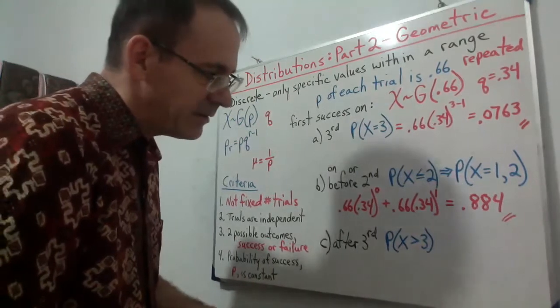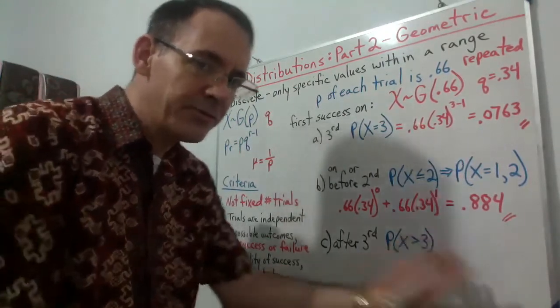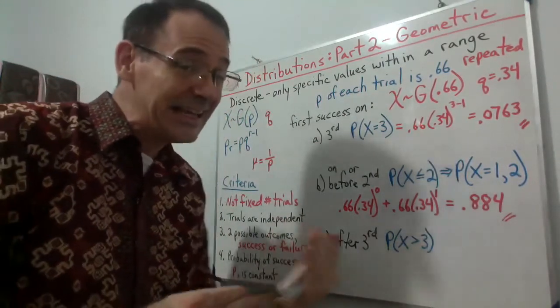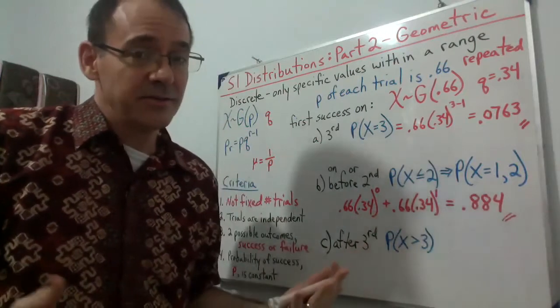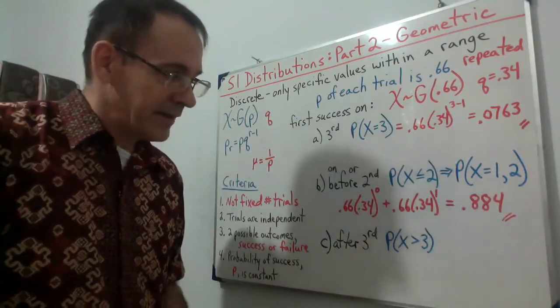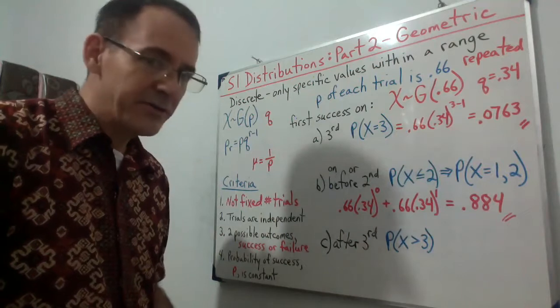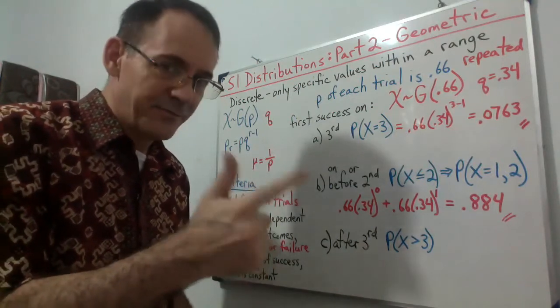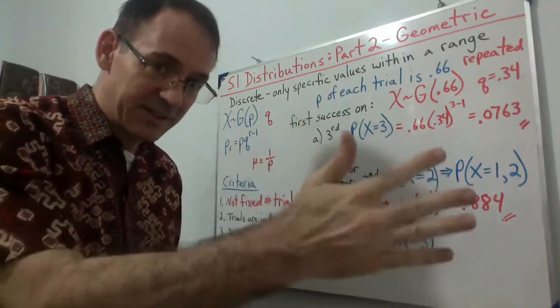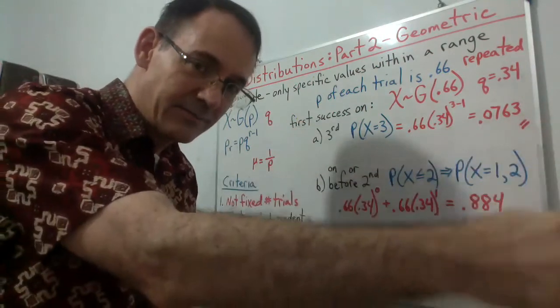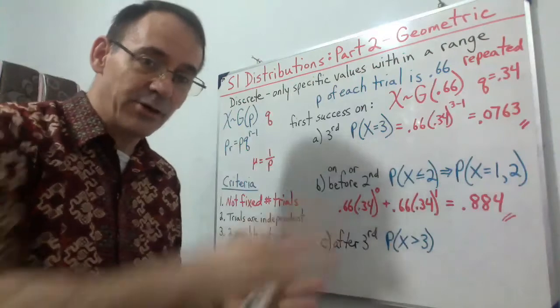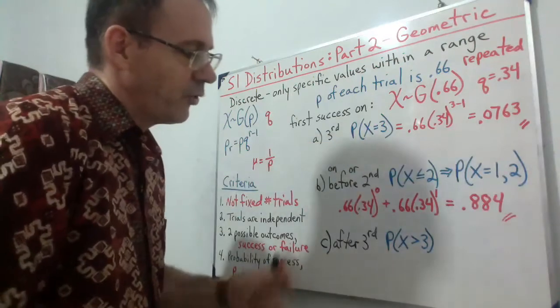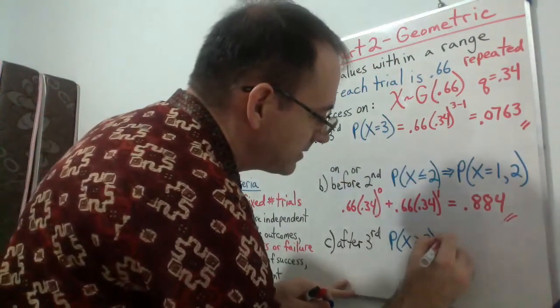If you go greater than 3 on an indefinite distribution table, that means 4, 5, 6, 60, 600, on. Obviously, we don't want to go in that direction, so we can restate this as